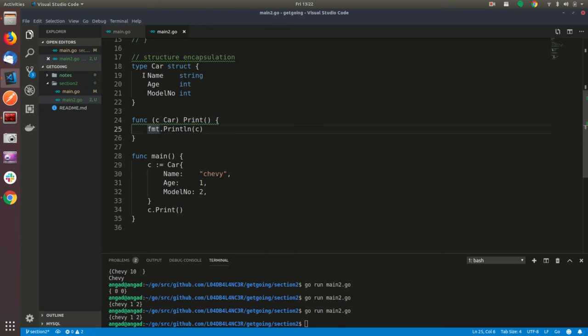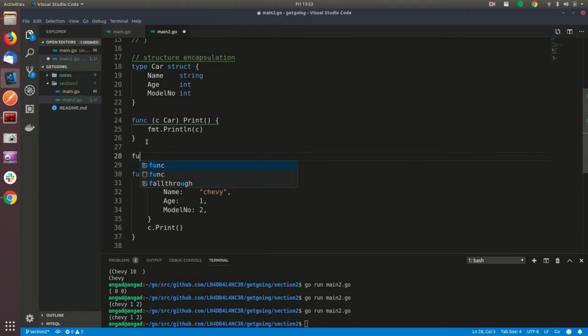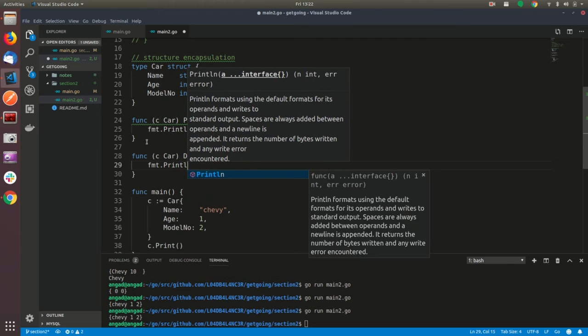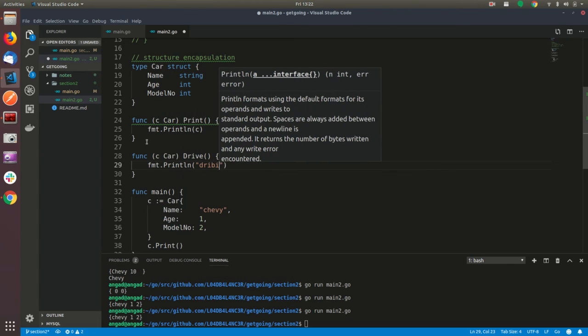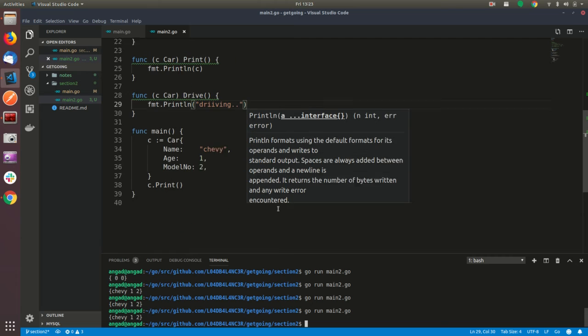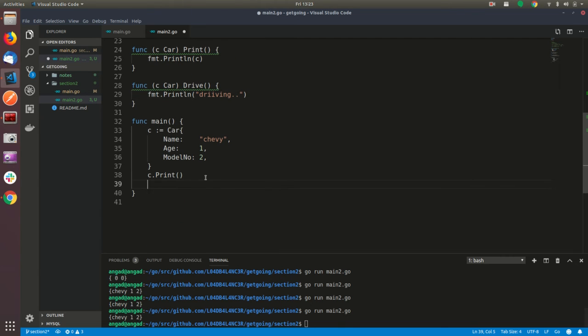So a car has an age, model number, and all. A car also has a print. A car can also have a function which can say, okay, you have to drive. So a car can also have a drive function, driving, and there we go, c dot print, and let's do a c dot drive,